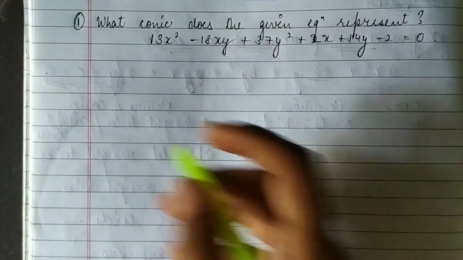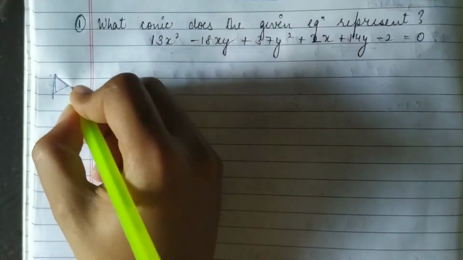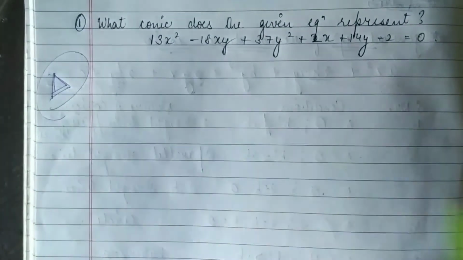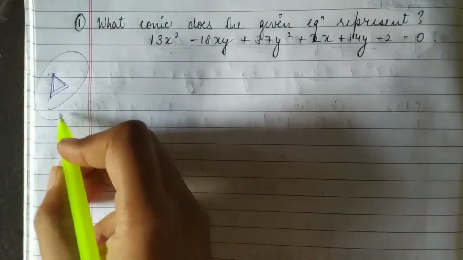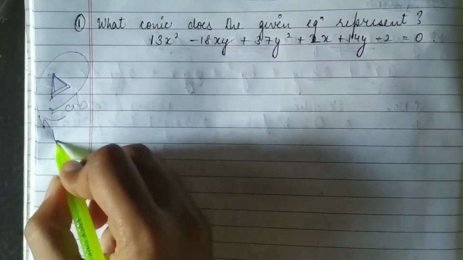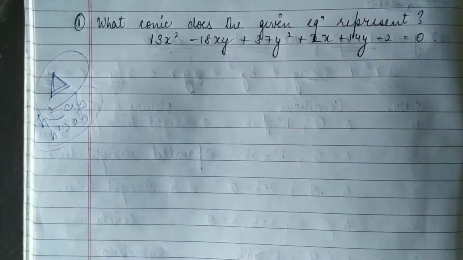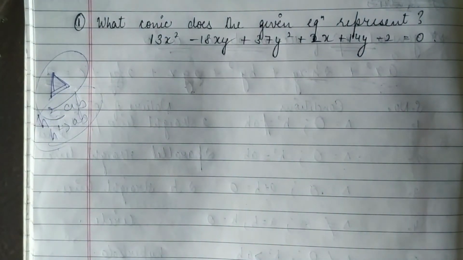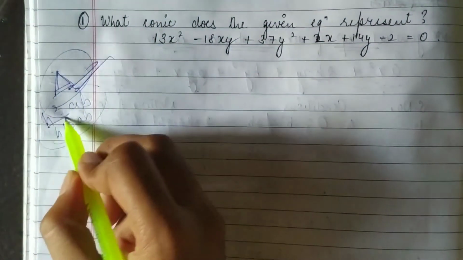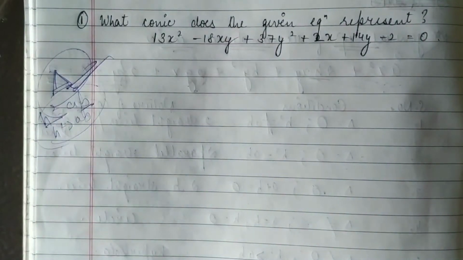Guys, in this question you will also learn why we have learned the general equation of the conic. As earlier I told you about a term called delta, its formula and some conditions related to it. Sometimes h square equals ab, sometimes h square greater than ab, and the nature of the conic. So in this we need to find the delta. First we will find delta, then we will find h square and ab, and we will see what the conditions are. Then we will tell the nature of the conic.